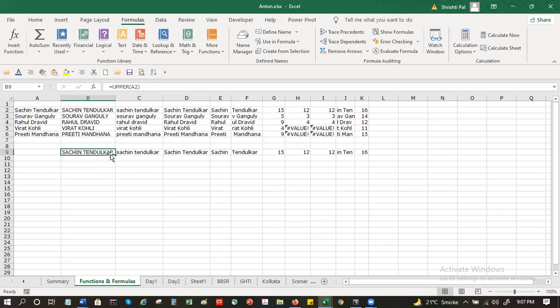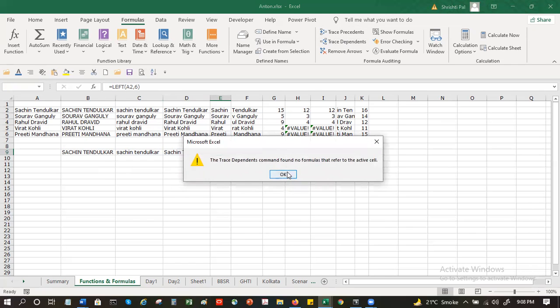So A2 typically is the predecessor of, sorry, D9 is the predecessor of A2, if I'm not wrong. When I click on D9 and trace precedents, it is dependent on A2. D9 is dependent on A2, right? So when I click on dependents, it will not show me anything.